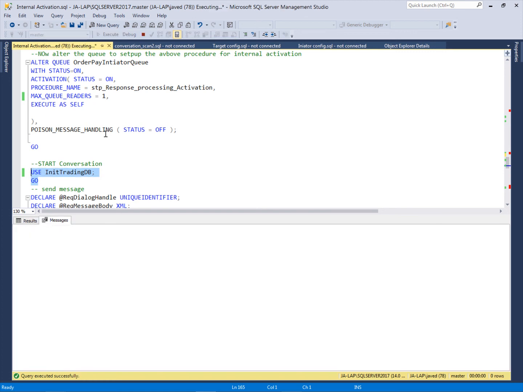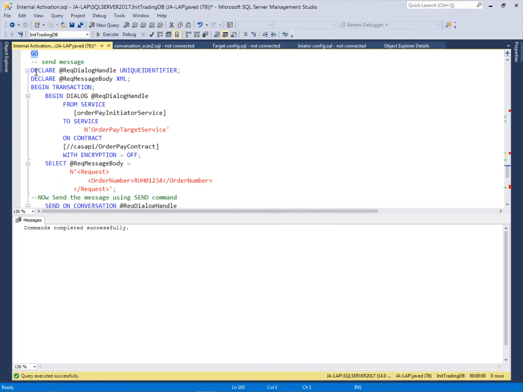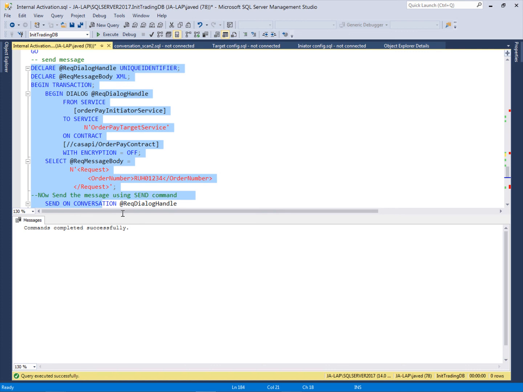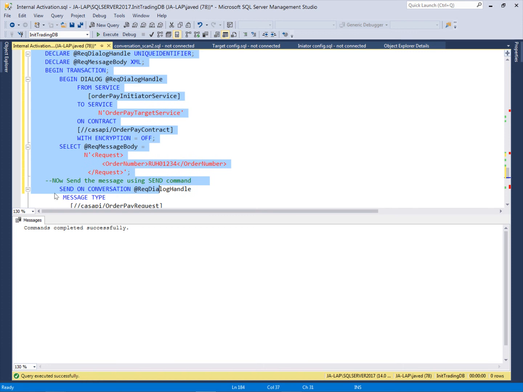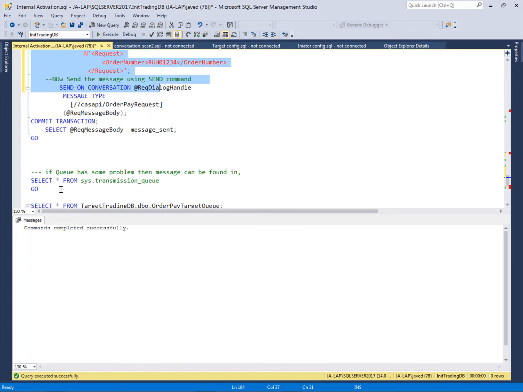The initiator service will send the message, and when the target queue activates the procedure, the procedure will process the message and respond back to the initiator service. The initiator service queue will activate the procedure, and that procedure will process the message and end the conversation.